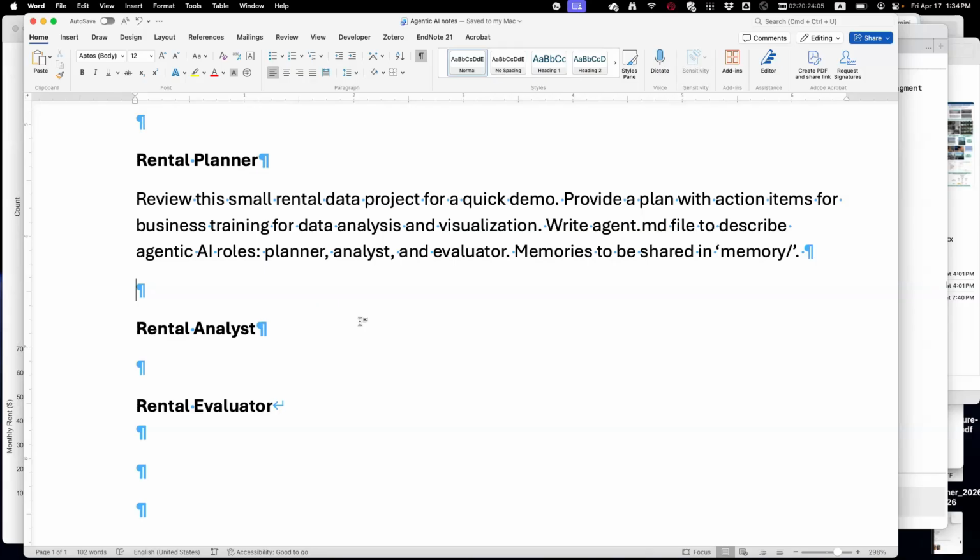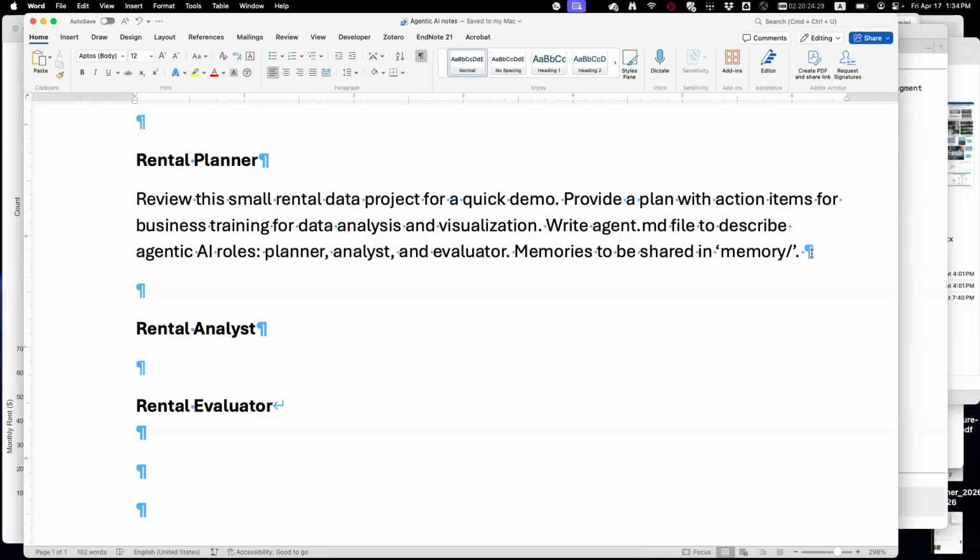So this is the prompt I'm going to use. Does it make sense? I mean, you probably want to add something else. Review the small rental data project for a quick demo, provide a plan with action items for business training for data, write agent.md to describe the agentic roles: planner, analyst, evaluator.